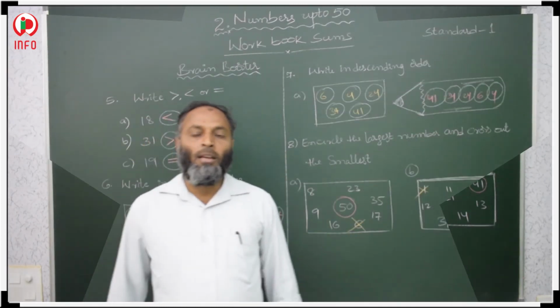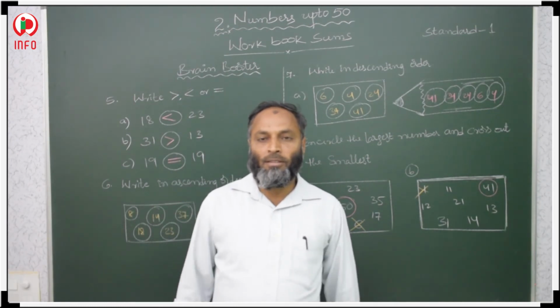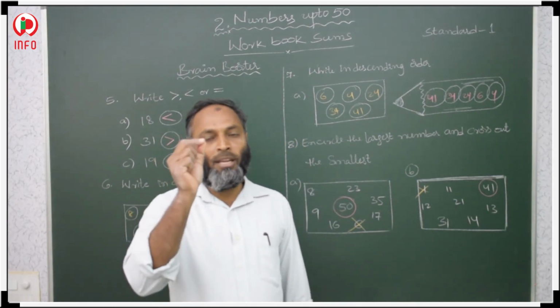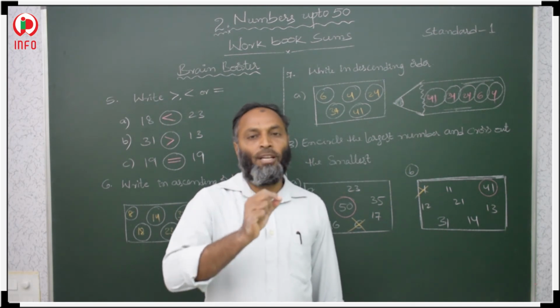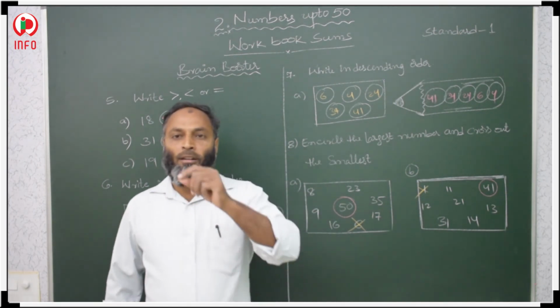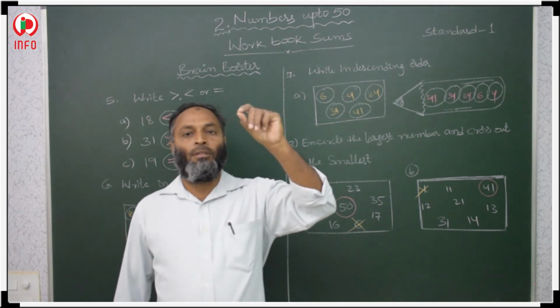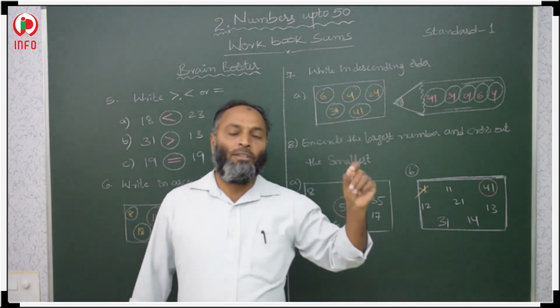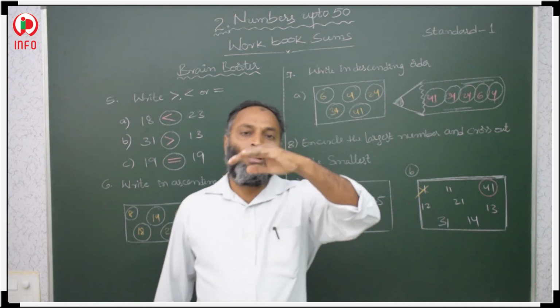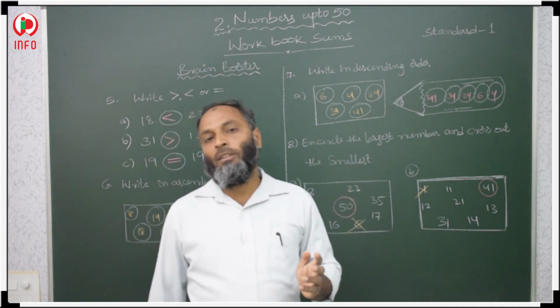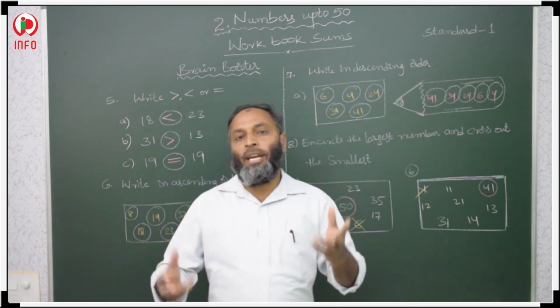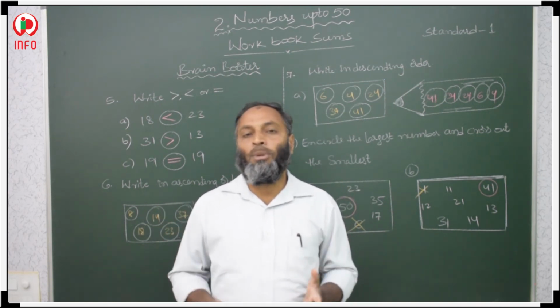Okay. In the next question, one cat picture is given. In that picture there are some numbers: 1, 2, 3, 4, 5, 6, 7, 8. According to the numbers, you join 1 to 2, 2 to 3, 3 to 4, 4 to 5, 5 to 6, 6 to 7. After joining all the numbers, you will make a picture, that is the cat picture. That is your home assignment. Okay.